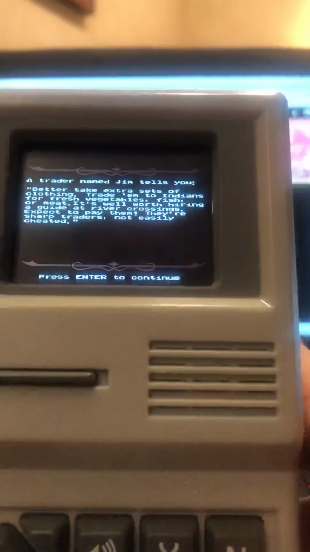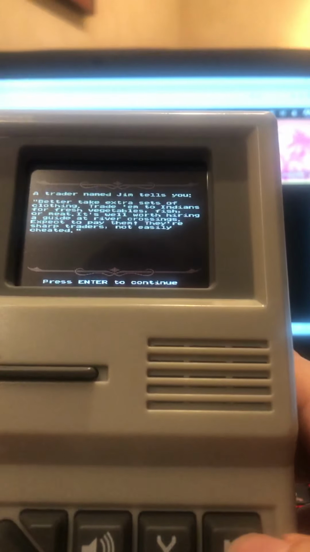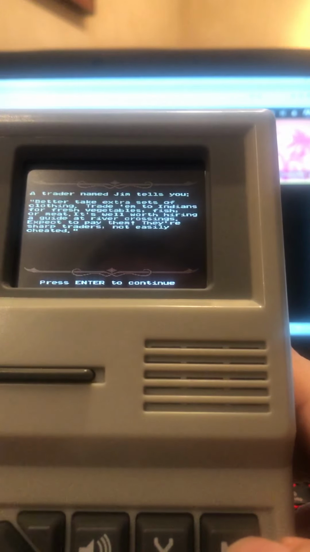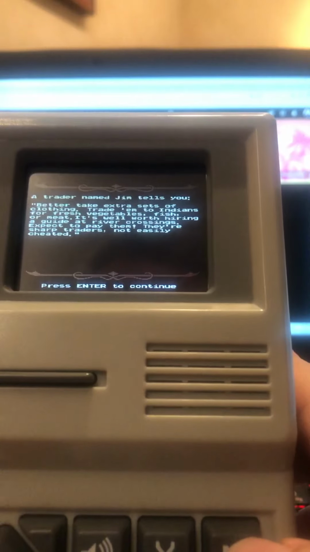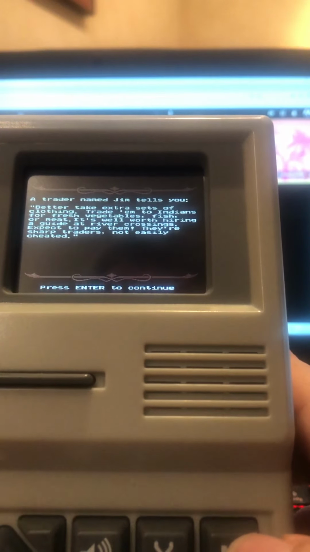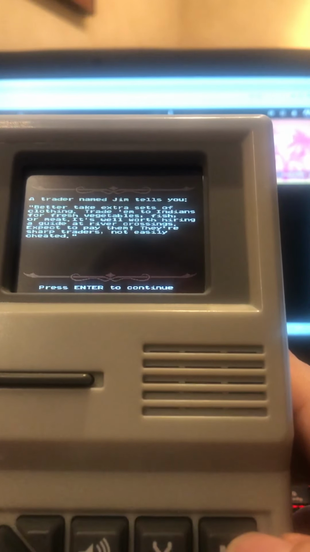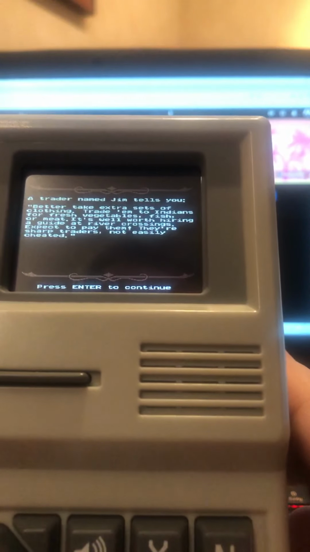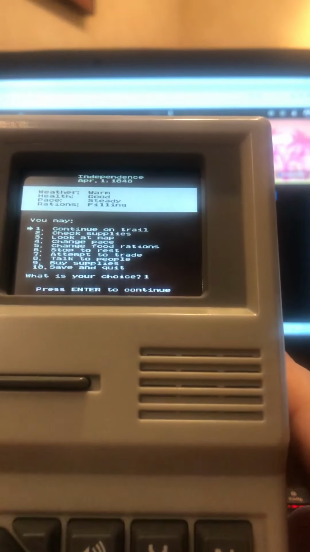A trader named Jim tells you, better take extra sets of clothing, trade them to Indians for fresh vegetables, fish or meat. It's well worth hiring a guide at river crossings, except to pay them. We're sharp traders, not easily cheated. Okay. Also,